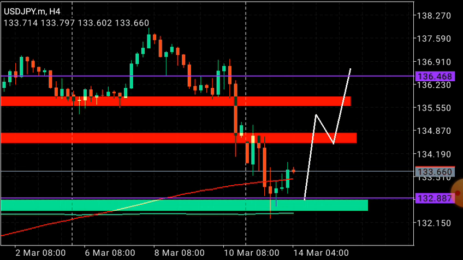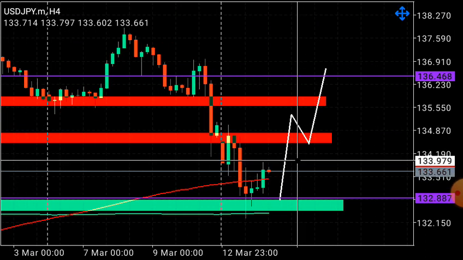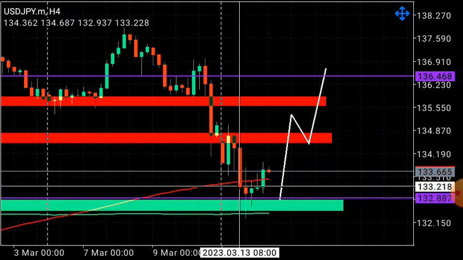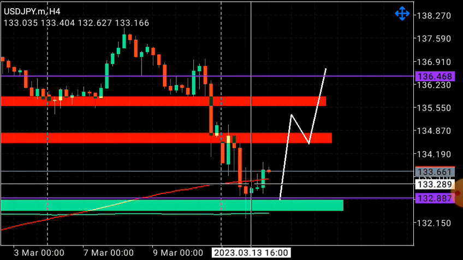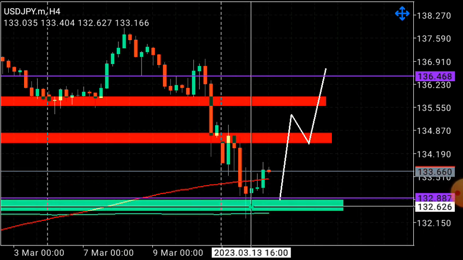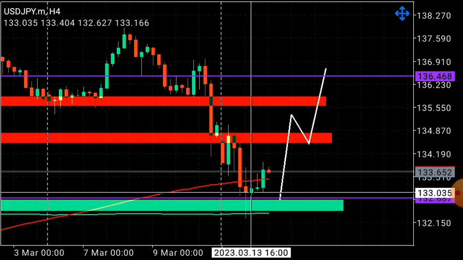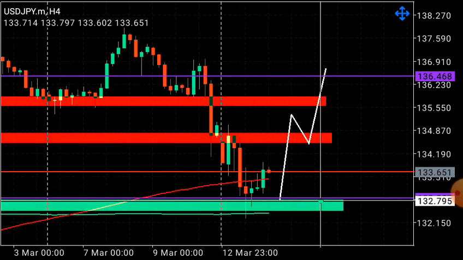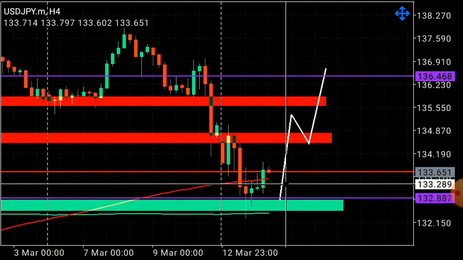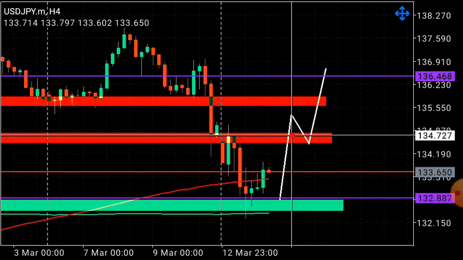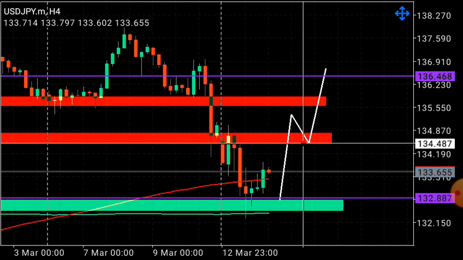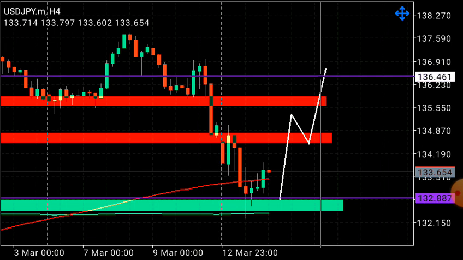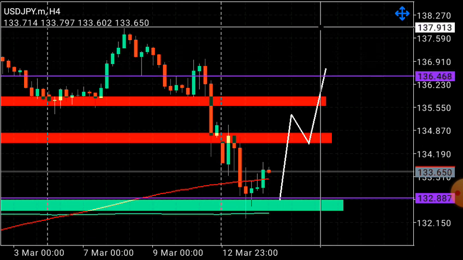Consider that the dollar is bullish as per my analysis. This pin bar candlestick shows us that price is not looking to go to the downside, because with these pin bars we always move to the upside to test the previous supply or resistance zone. So I'm anticipating price to impulse to the upside, break out of this resistance zone, pull back, more buyers coming in, impulse and continuation. That's our first target, 136.461. Our second target could be at 137.913.